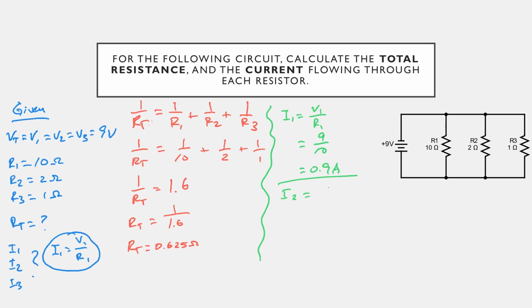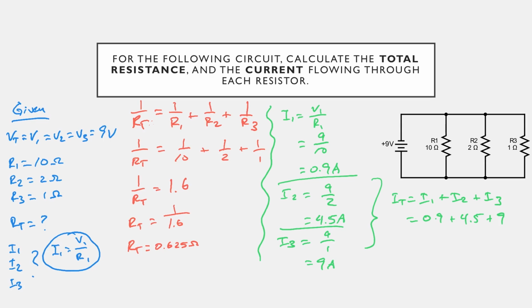We can do the same here for I2. That's going to be 9 divided by 2. That gives us 4.5. And we can do the same for I3. 9 divided by 1 is obviously just 9 amps. If you wanted to, you could take this one step further and solve for the total current, which would just be IT equals I1 plus I2 plus I3, which is 0.9 plus 4.5 plus 9. So 0.9 plus 4.5 plus 9 is equal to 14.4